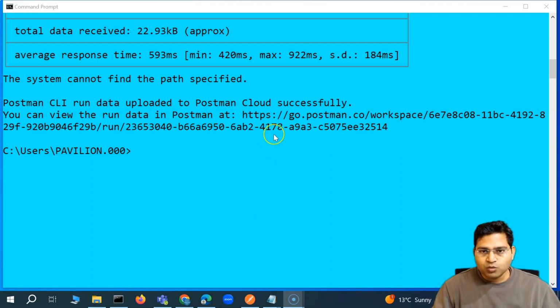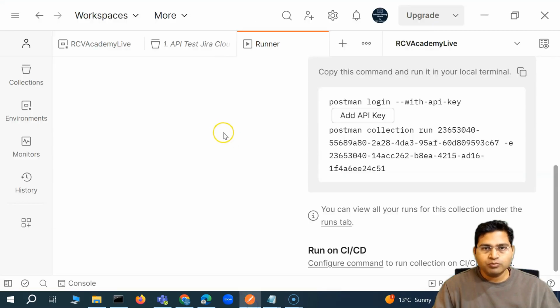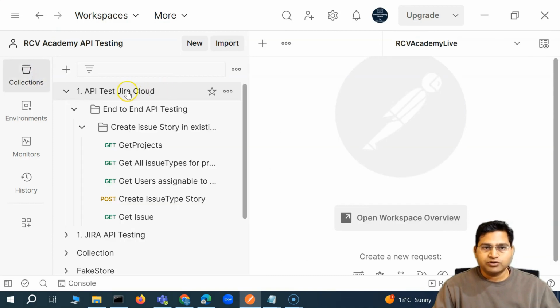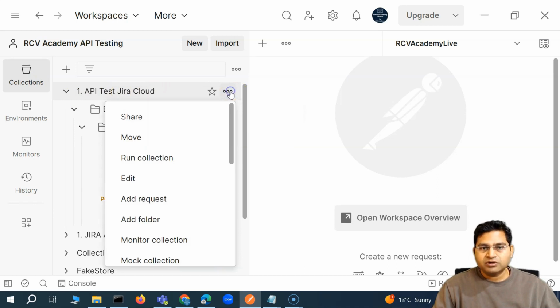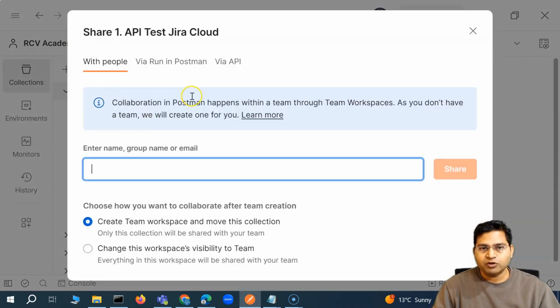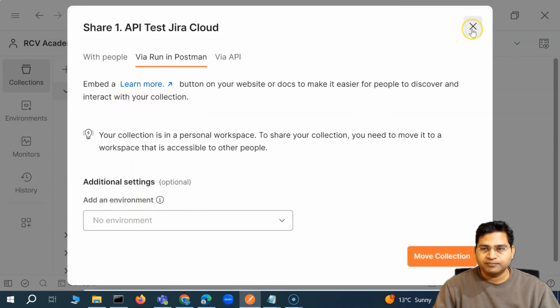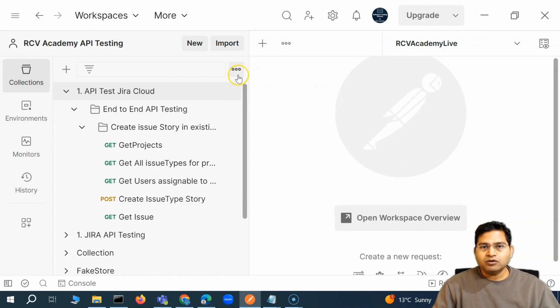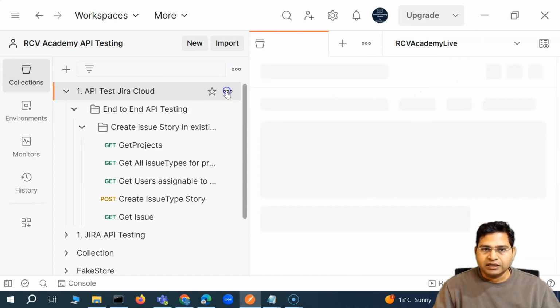Alright, so now how we can export your collection. If you go to the Postman, I'll close everything here and go to the collection. Say for example this collection I want to export. If you click on ellipsis here, you will see that for sharing we have different options, and we have seen that via API we can share with the group of name and people, and then via run in Postman as well. Now I can also export this particular collection, the full collection, this one, and click